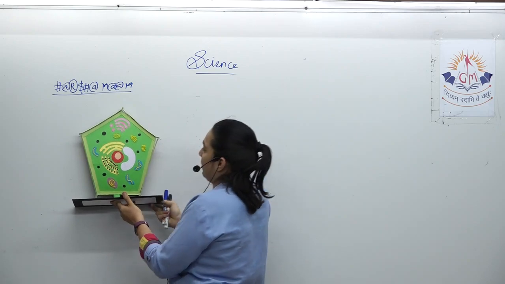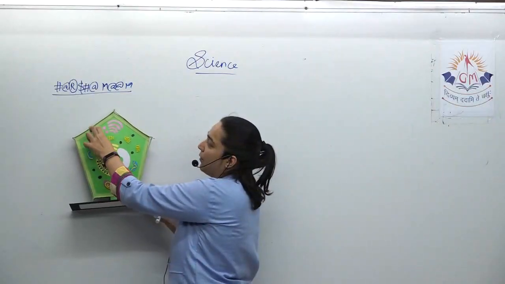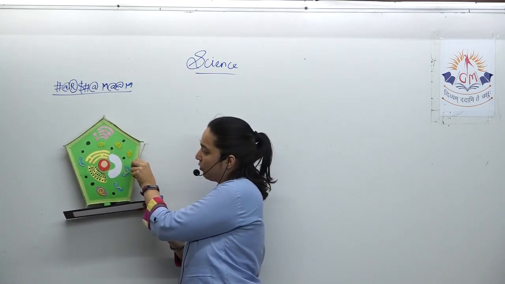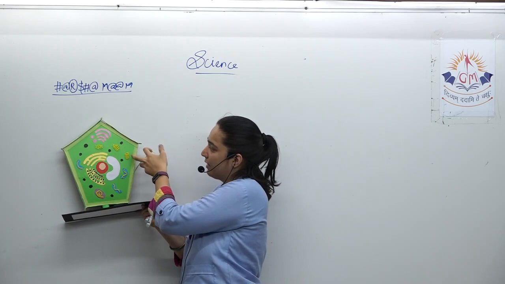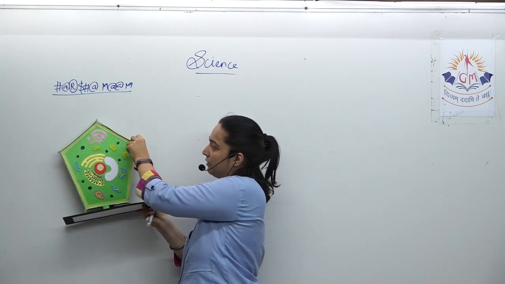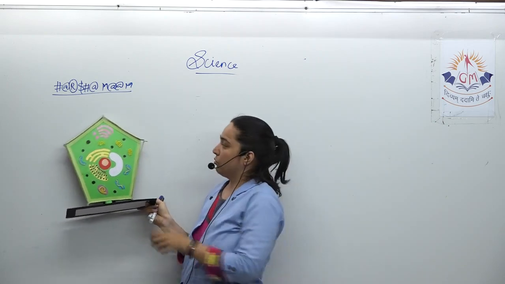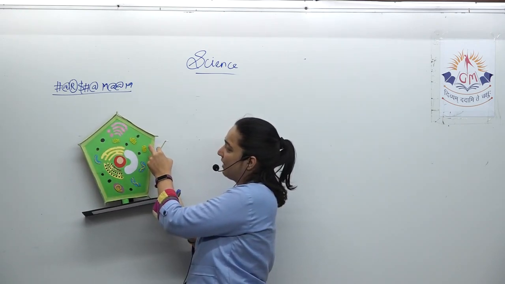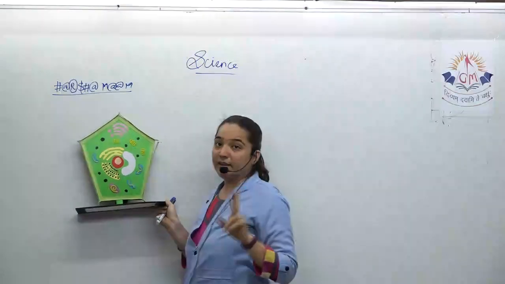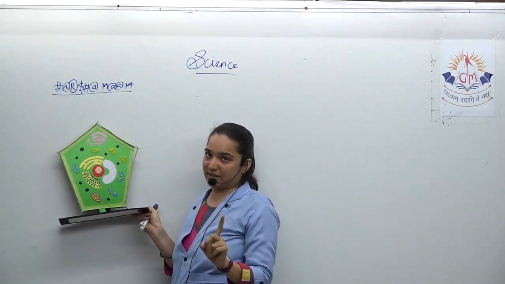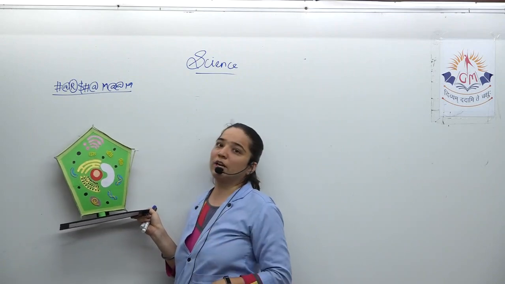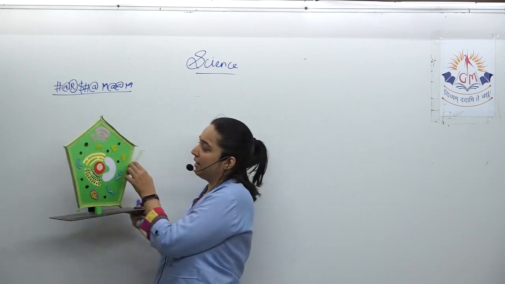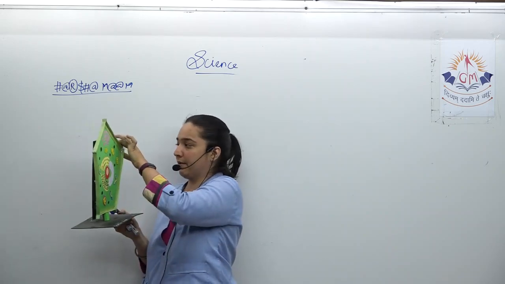But first of all, the outer layer, that is the cell membrane, and above it there is one more layer. I hope you are able to see that there are two layers over here. One is this one and inside it this one. I separated it just to show you that this is the first outside layer and this is the inside layer. There are two layers only in a plant cell. An animal cell has only one layer, and that one layer we will study first, and that is this inner layer, which is the cell membrane.